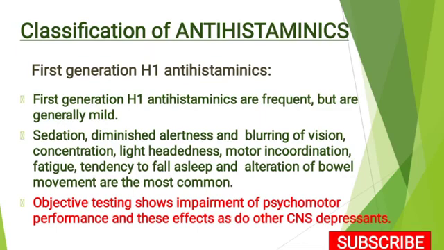Now the classification of antihistaminics. Antihistaminic drugs are divided into two categories. First is first generation H1 antihistaminic drugs, and second is second generation H1 antihistaminic drugs. Now first is first generation drugs. First generation drugs H1 receptor